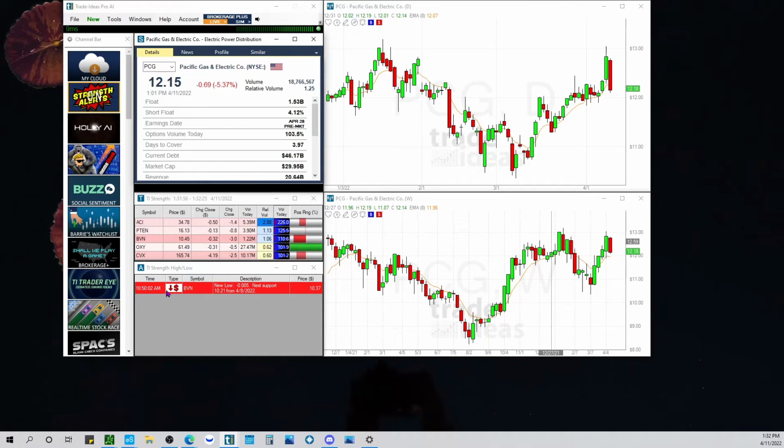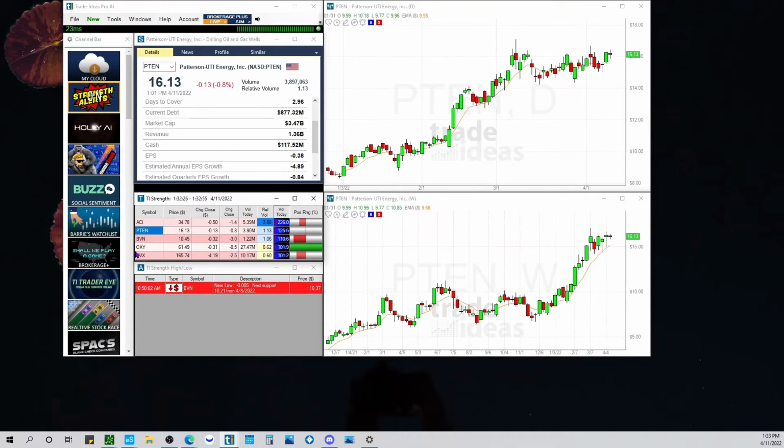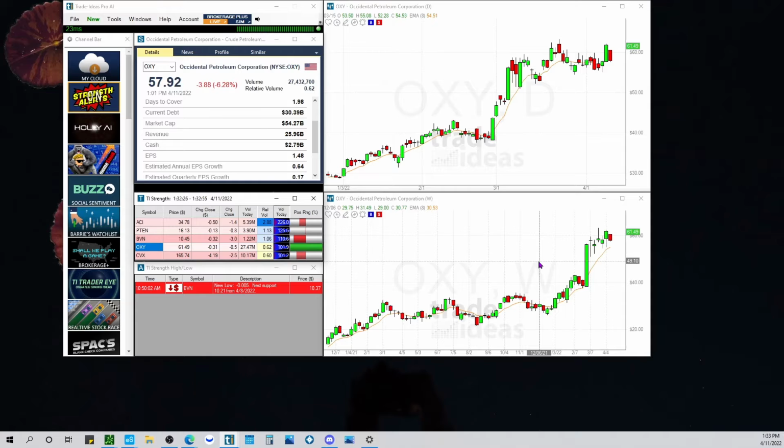So these strength alerts are going to tell me what has relative strength and high relative volume. And you can see over here that there are a couple windows in here: two chart windows, a stock window where you can get the details of the stock that you're looking at, and what has strength over here. So you click these tickers, now you can see the charts right away, which is pretty cool. And it just gives you all the information that you need to see if this has the setup that you're looking for. So now I want to close out all those windows,